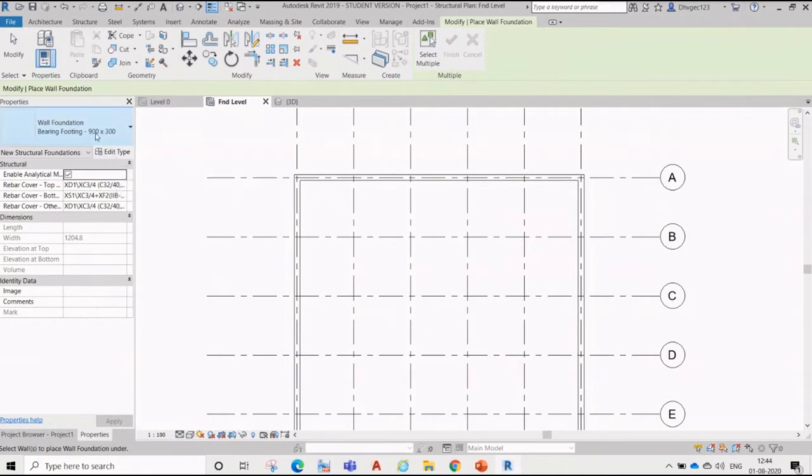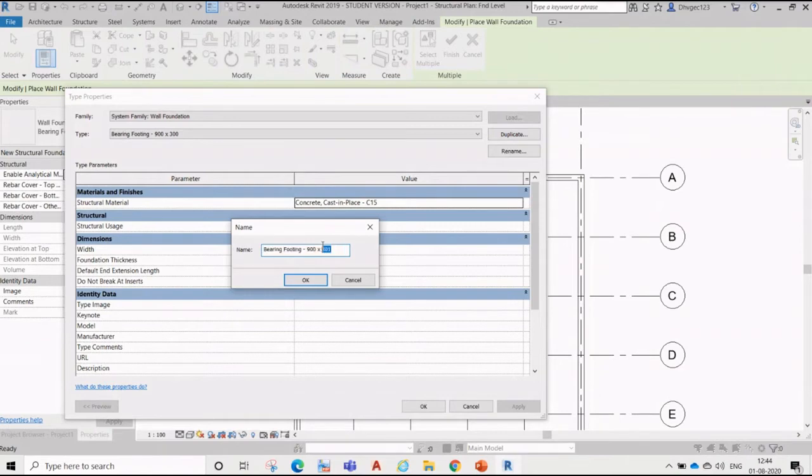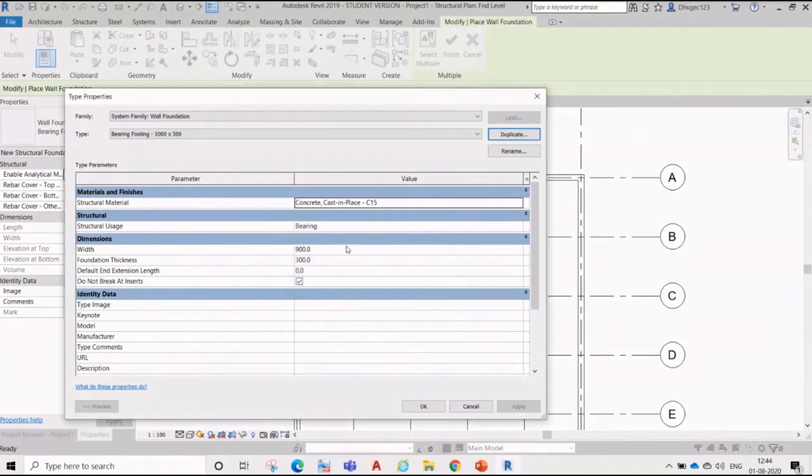The width is 900 and depth is 300. If you want to change it, just go here and make a duplicate, right? And in duplicate, just say 500 and 1 meter suppose, right? And then, sorry, 1 meter and 500.